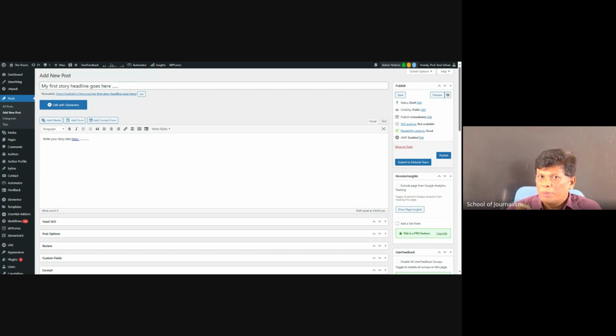Because here the story can be published only if you follow the workflow. The workflow structure is you have to propose the idea, it has to be approved, then it has to be drafted, copy edited, and reviewed, and only then can it go public. So I can't bypass any of the steps. If you want to publish a story, it has to go through all the stages. Then only the story goes to publication. The software works like that, so you can't skip one stage. Everybody has to follow the steps.